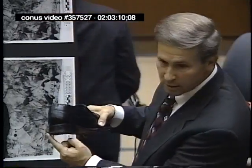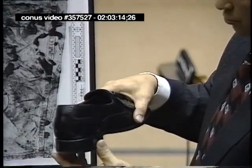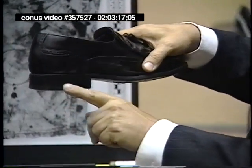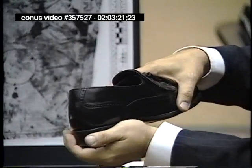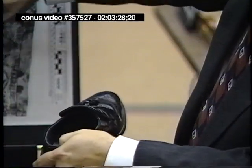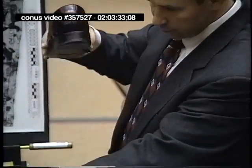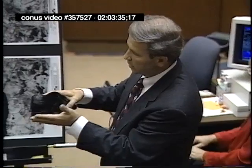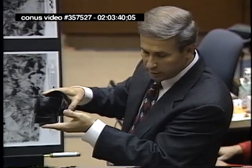Taking my left shoe, which has a nice sharp heel to it, and it's a raised heel, as did the Bruno Magli shoes and as do many shoes. And even if it didn't have a raised heel, it would also have an edge on the sole. But I'll just use the heel for demonstration purposes. And using my left arm as a representative, although it's not nearly as big, of the pants legs that would have a leg or an arm in them. If this heel was covered with blood, and as shoes walk through blood, the excess blood gets squeezed out